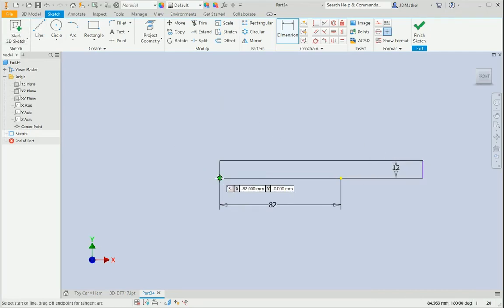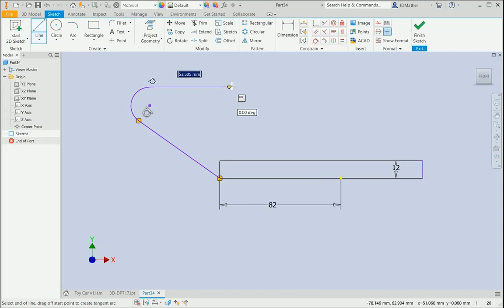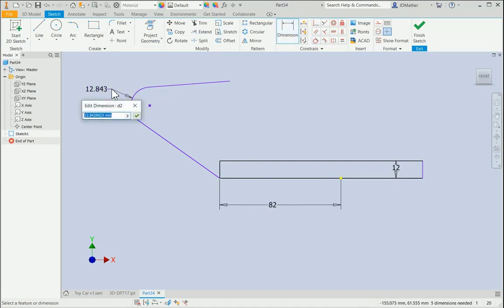I'll then draw an angled line in here about like this, and then I'll hold the mouse button down and come around with an arc about like that, and then I'll come out here tangent to that arc. Now it's trying to put a horizontal on there, so I'm going to come up here and then I'll add my tangent in here. So I'll do tangent between here and here. The radius of this arc is 20,